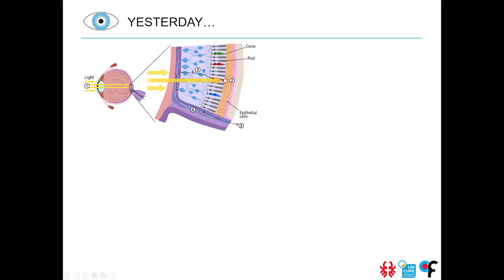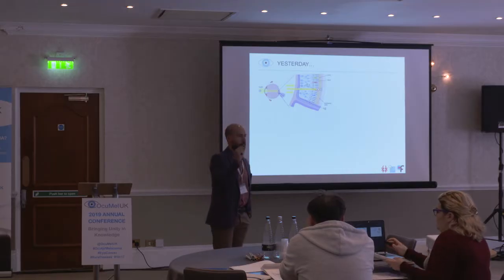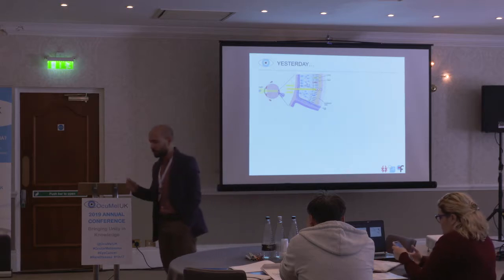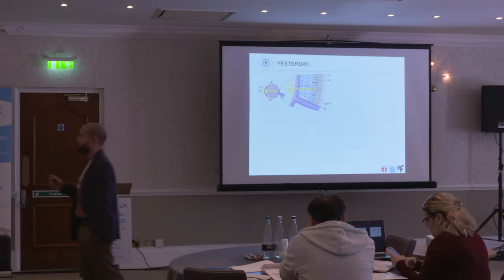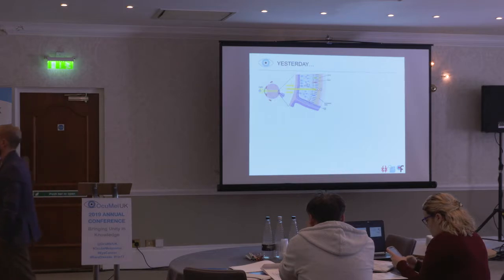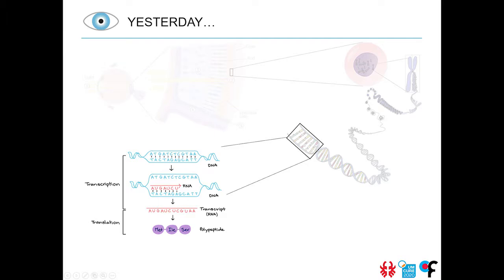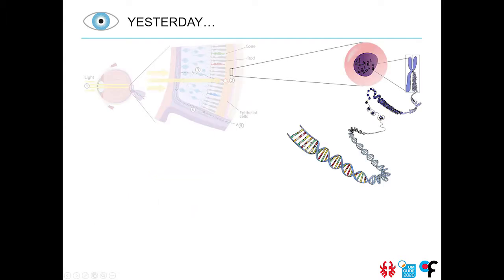And you see the bookcase of the eye. You pick up a shelf and you see the retina layer of cells. And you see there are many books. Some of them are copies of each other, so they have the same information, and others are different, so they have different information. That's the book, so the cell. Then you open the book and go to the content, the text, and you see that it has many chapters, so chromosomes.